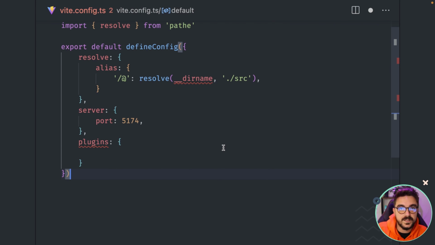So before we jump in one of the most important topics about Vite, which is the plugin API, some words